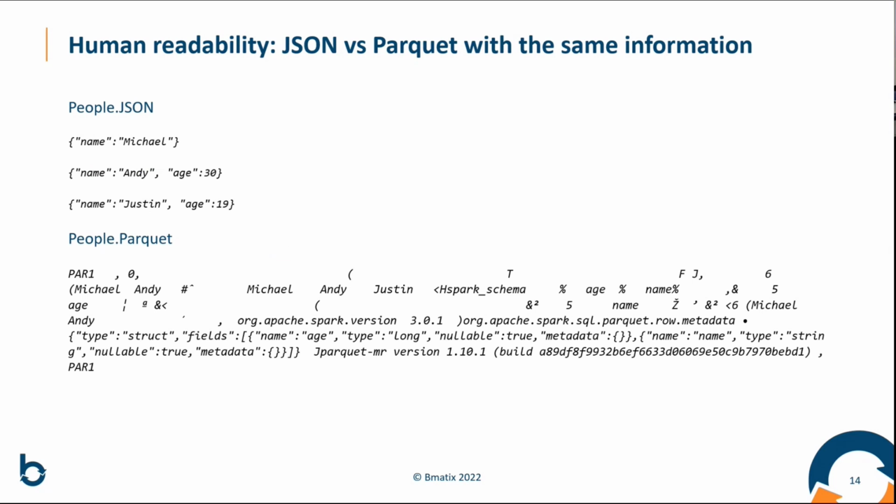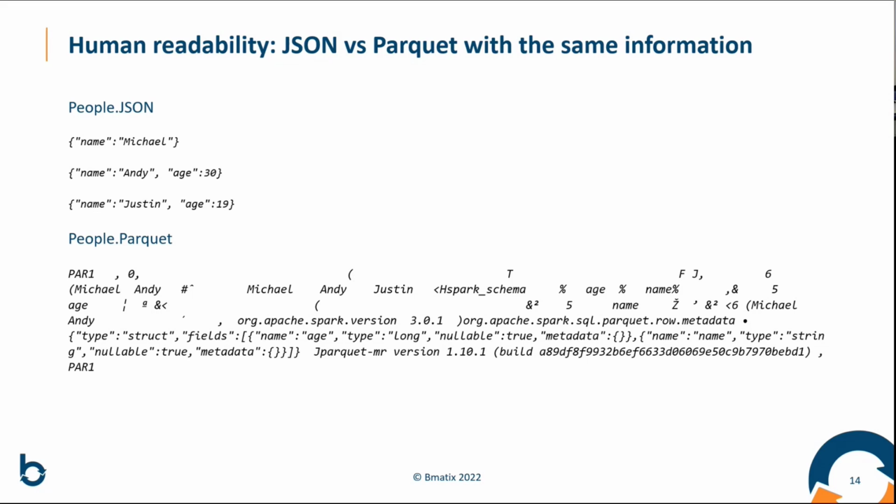And again, to make this less abstract, I have here inspected a JSON file and a Parquet file with the same content, with a file editor that can open both. And the JSON file, the people.json file at the top, it's very much human readable. You can see here that the first person is named Michael, and the second person is named Andy, and he's age 30, and so on. So a person can open this on his or her computer, have a look at what the data contains. It's maybe not optimal, but JSON is still very much readable for a human,